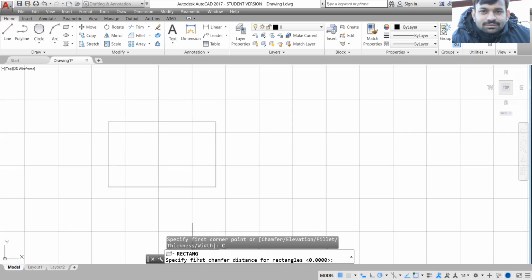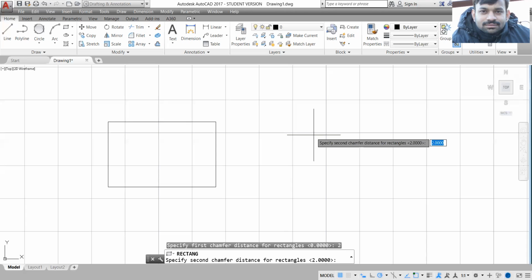It is saying specify the first chamfer distance of rectangle. So let's say the first distance is 2 units. Press enter. Then specify the second distance of rectangle. Instead of 2 units, let me make it 4 units to show you the difference.